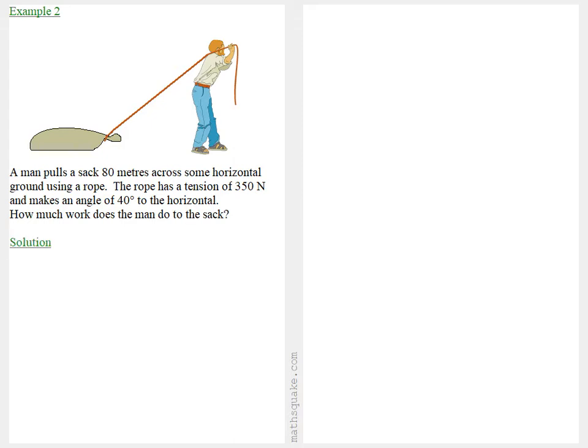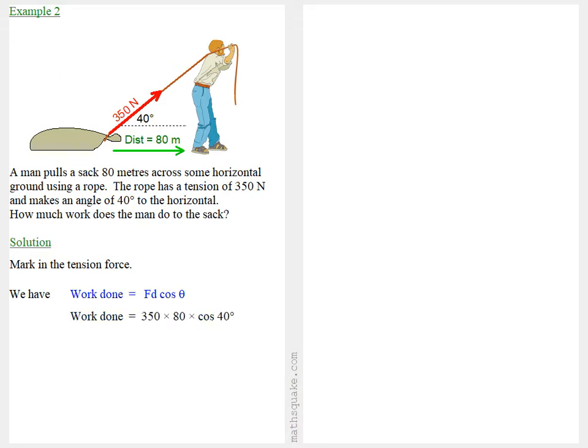Well, to solve this, we mark in the tension force. That's 350 newtons up the string, at an angle of 40 degrees to the horizontal. And we can show the distance is horizontally 80 meters. Now the work done is the force times the displacement times the cosine of the angle between them. The work done is equal to Fd cosine theta. So that gives us the work done is 350 times 80 times the cosine of 40, which works out to